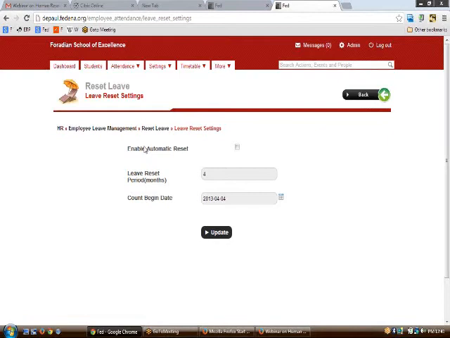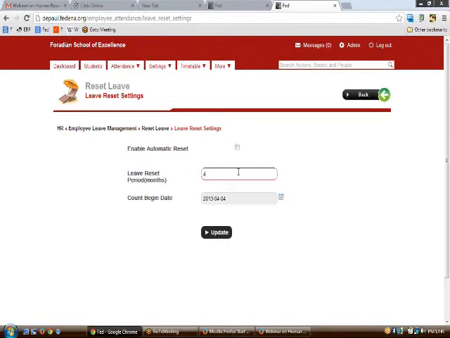So if the CL that you have chosen or any kind of leaves that you have chosen had to be restricted for a particular time frame, let us say that the 25 days leave in casual leaves that was created are to be used only for a whole year, then the leave reset period can be put up here as 12 months.